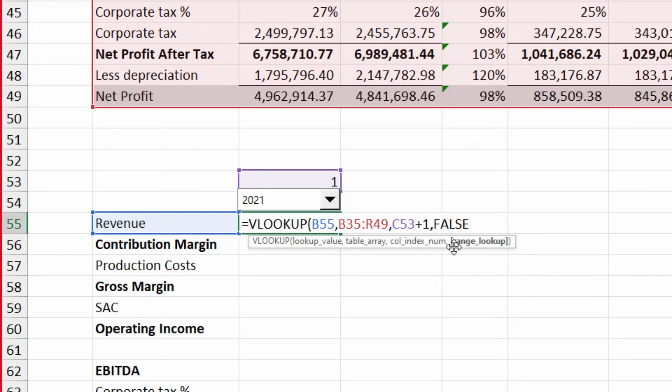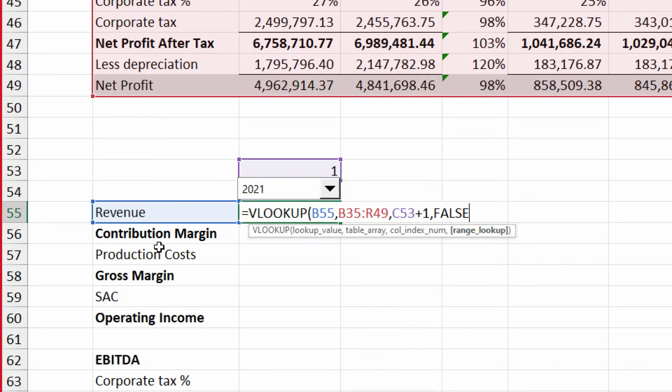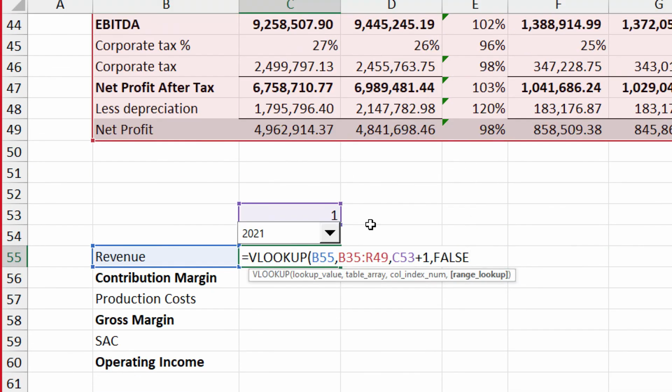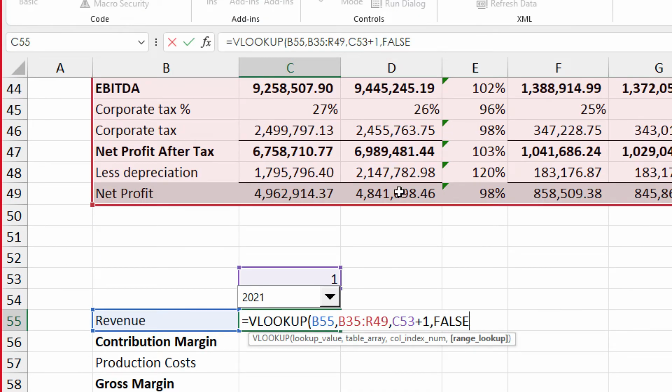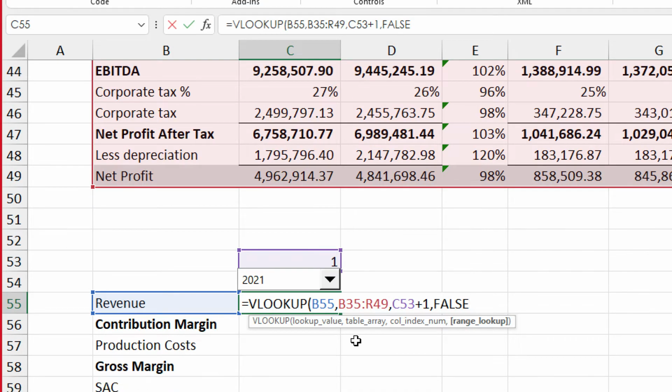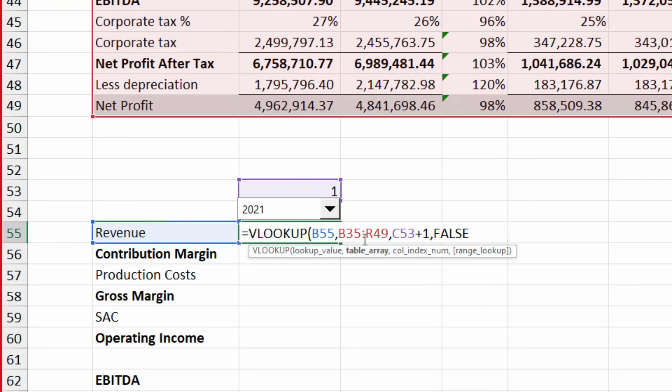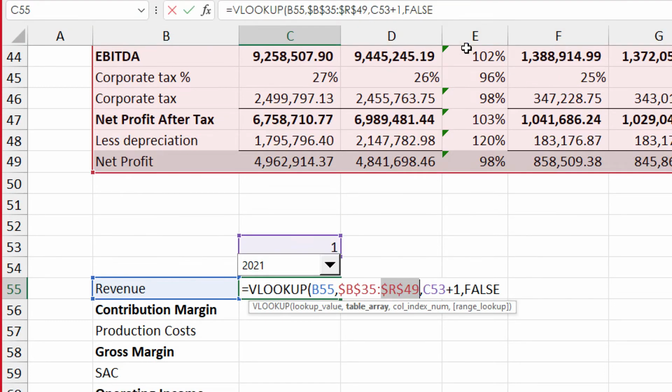Now we're supposed to lock things because we're going to copy down, right? So I think we can clearly see that this whole table above is just going to be permanently locked. So no need to think anything already. Just click on this and press function key 4. Click on this, function key 4. Okay, the P&L